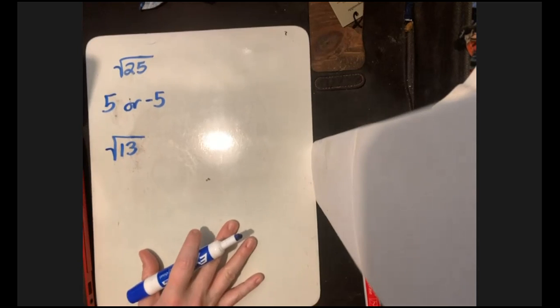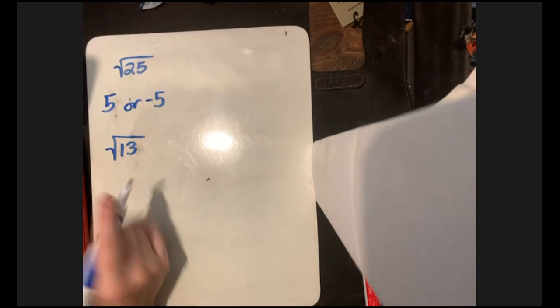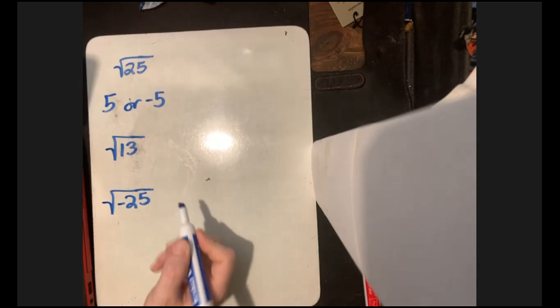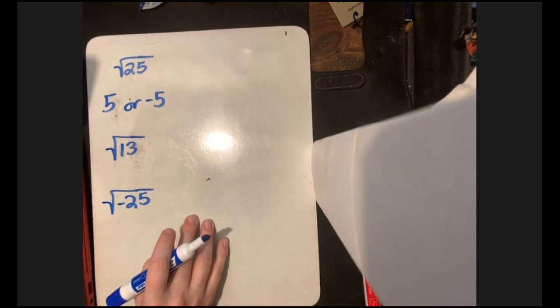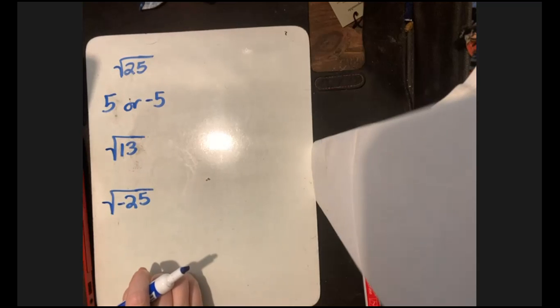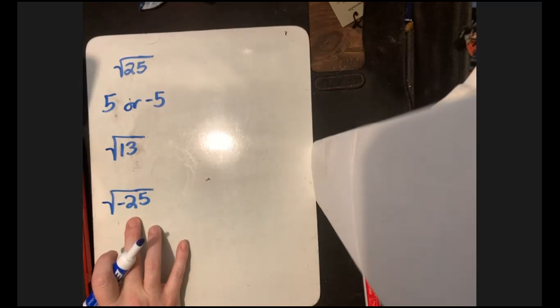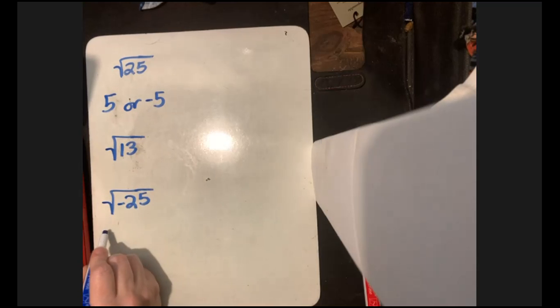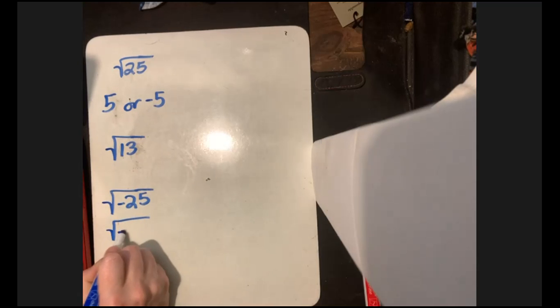Now, mathematicians are rocking and rolling along. They're dealing with this stuff. And then they get to this, okay? Here's the concern. I can't do 5 times negative 5. That would give me the negative 25, but it's not the number times itself. So it's not the true definition of a square root, okay? So mathematicians were like, well, what are we going to do with this? Now, what we can do is negative 25